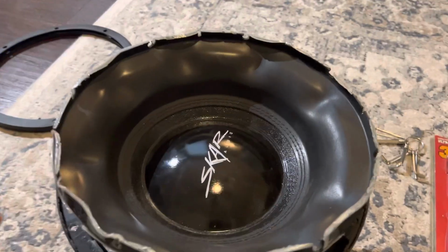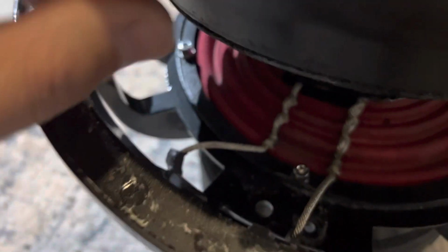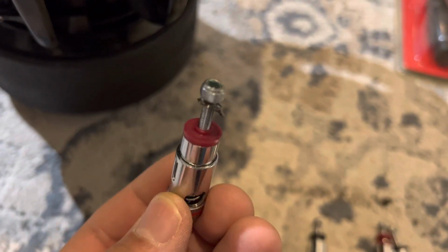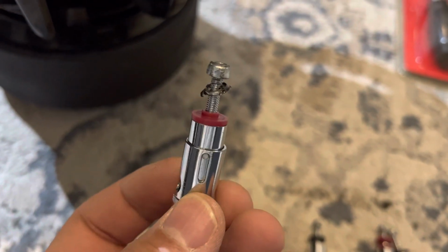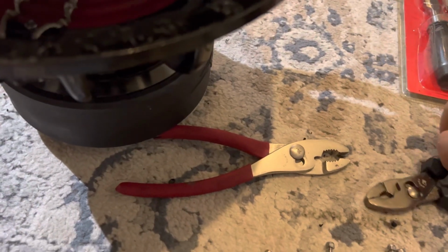All right, so after just a little bit of caressing, I did have to add 2 more tools to my tool list here. I'll show you guys in a second. So these are held on by a very small nut. It's actually a locking nut. And so did require, again, just a little caressing. I did add 2 basic wrenches, and one to hold it from the